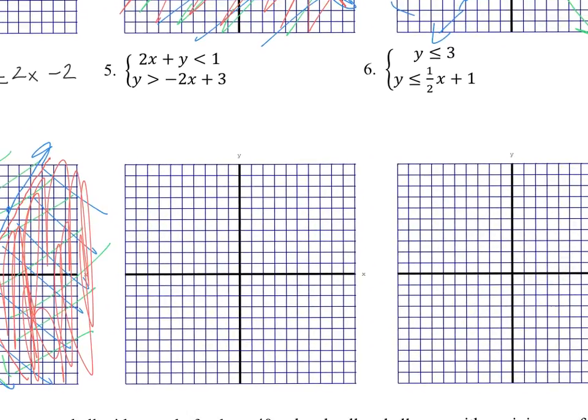Next, solving for my equations first, I'm going to subtract my 2x. So y would be less than negative 2x plus 1. And my second equation is already by itself, so I go up 1 right here. My slope is down 2 to the right 1 because it's a negative 2. Or I could go up 2 to the left 1. It's dotted because there's no